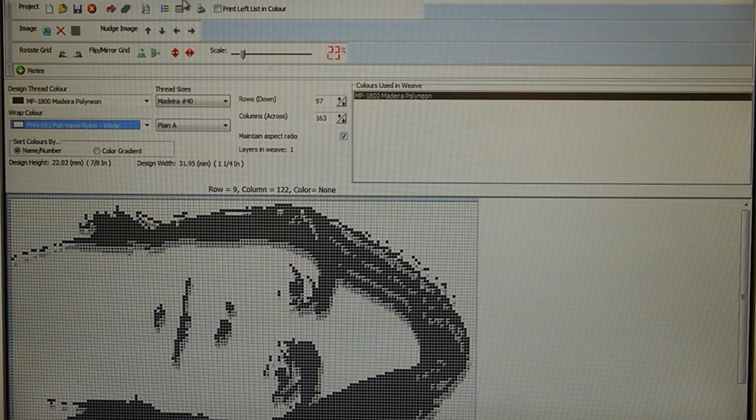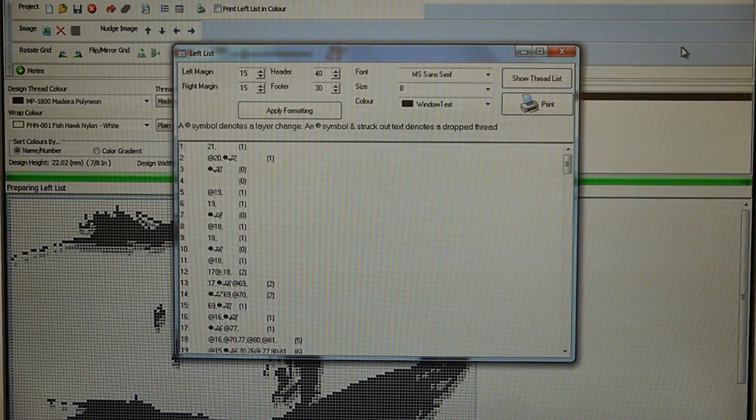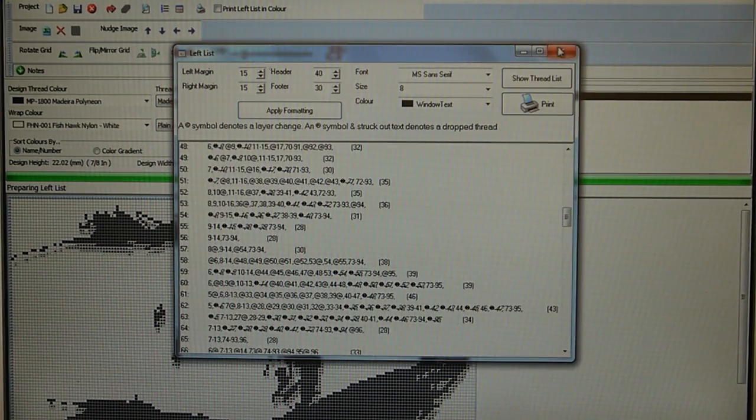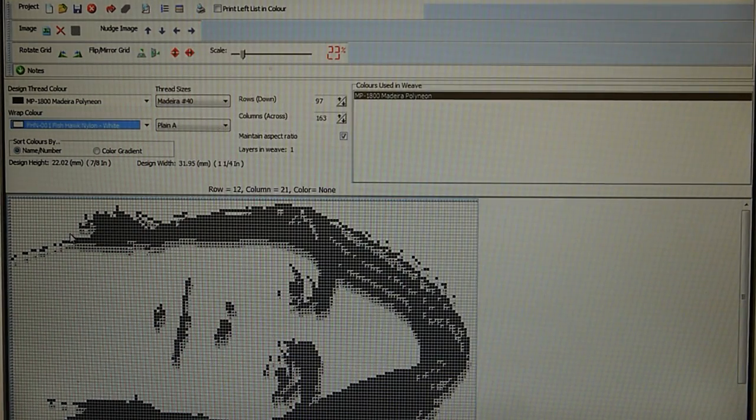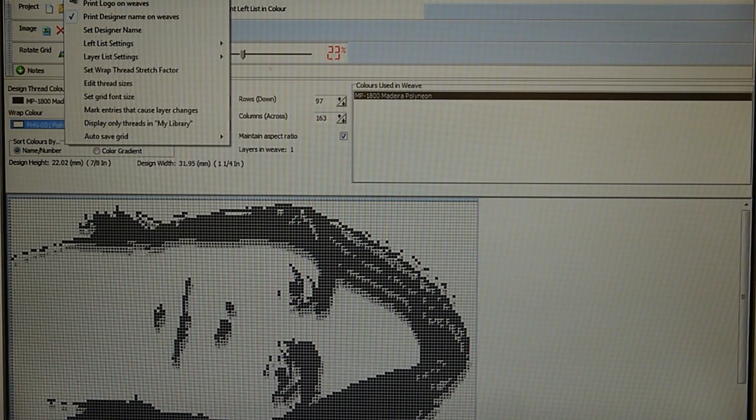Okay, so the next step that we'll go to is we're going to create our left list now. Up on the top there you've got display your left list. So let's click on that. Okay, so here we go. There's our left list there. I'll just close that down, and before we go to that, I'll show you a couple of important options that you've got here. If you click on the options there,